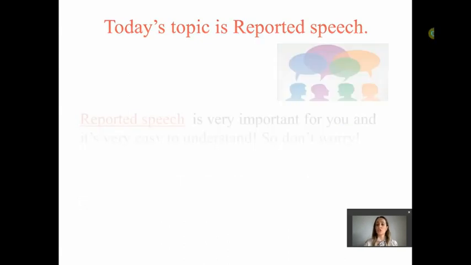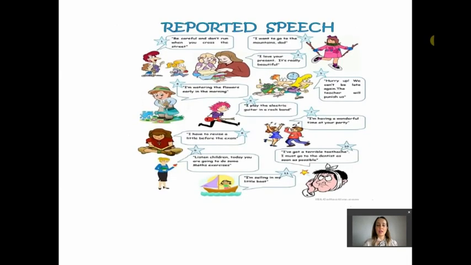Let's continue. As you can see, in these speech bubbles, children and people are talking, and these are examples of reported speech. We've got statements, requests, and commands.